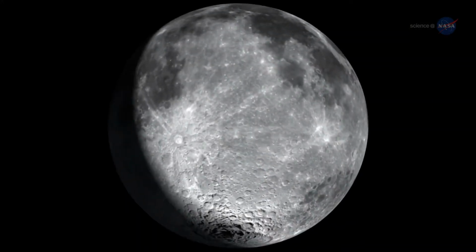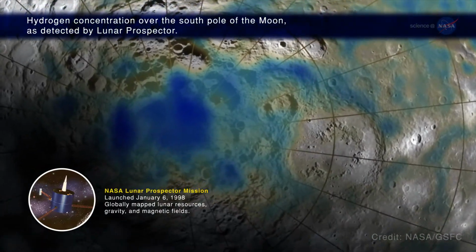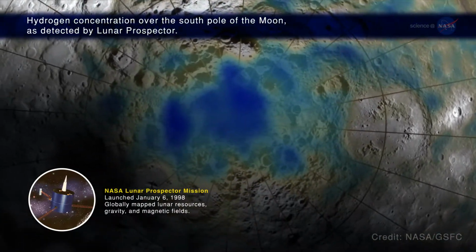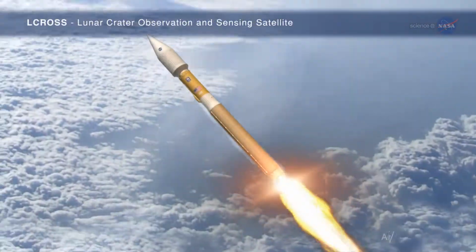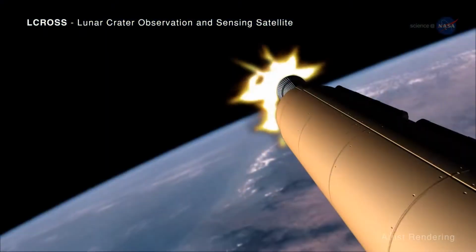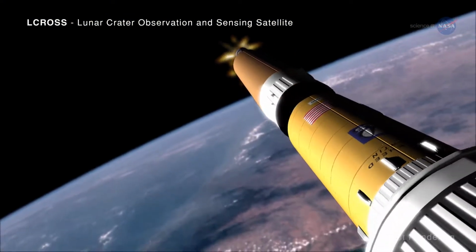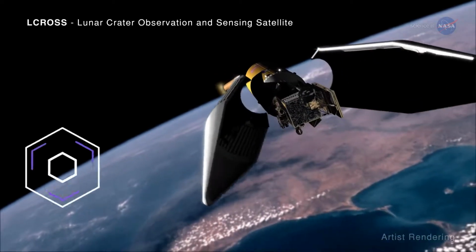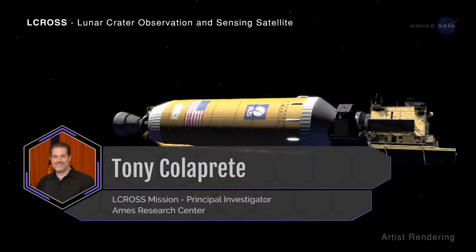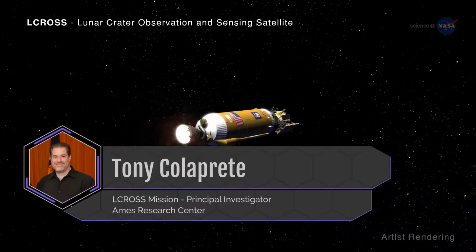In the late 1990s, NASA's Lunar Prospector mission found extra hydrogen at the poles. And where there's hydrogen, there might be water. Enter the LCROSS mission, designed to determine the type and amount of hydrogen that might be present just below the moon's polar regions. Tony Colaprete is a planetary scientist at NASA's Ames Research Center and was the principal investigator for